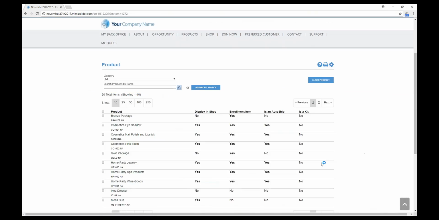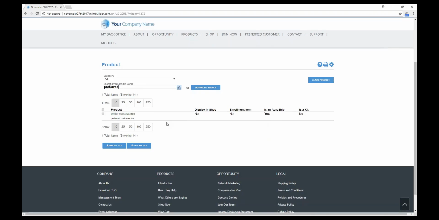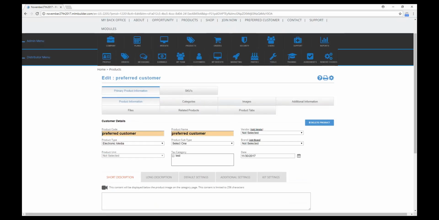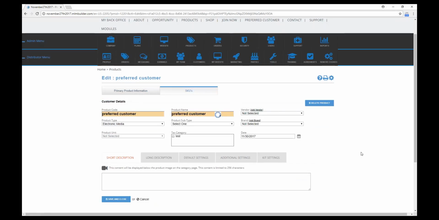For this particular website, for my associated auto ship, since they were all going to be the same, I just went ahead and created an auto ship that I could associate to each of my preferred customer products. And I'm just going to show you that real fast, but we do have other videos that show you how to associate auto ships. But this seemed the simplest way for what I was doing for this test. So if you go to SKUs,